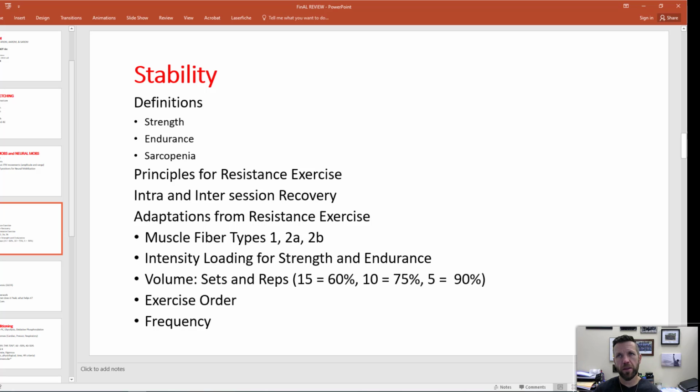So if you're working with someone in the lower extremities, you're going to probably start again with squats, and then you're going to end your session with long arc quad or knee extensions, whatever you want to call them,